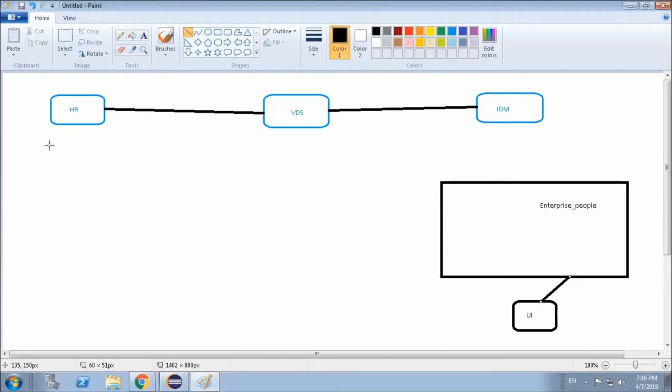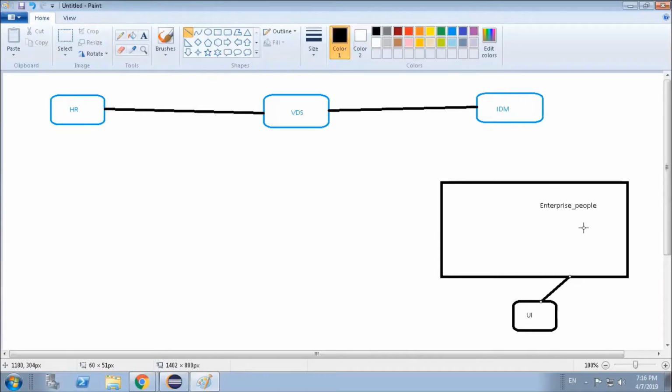Now, when I am sending the HR data to the IDM system, where will we send it? We will not directly send this data into our enterprise people area.